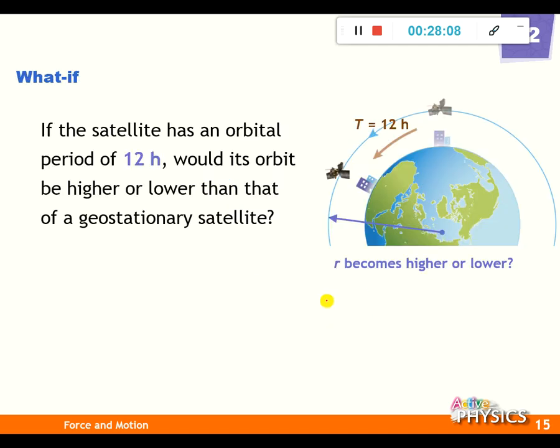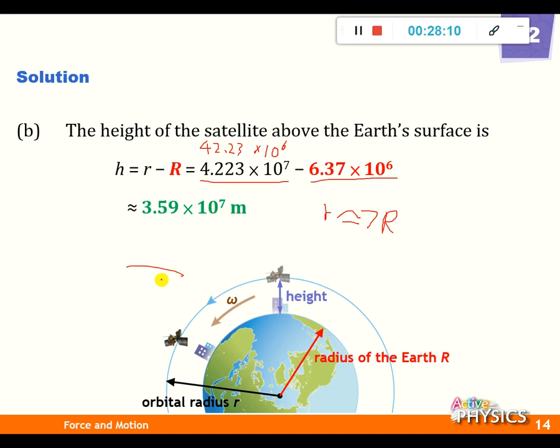Okay, so if like that, it means that this diagram should be wrong. The correct one should be like this. This one is R. Where is the satellite? It is around 7 times, 1, 2, 3, 4, 5, 6, and 7 here. The satellite should be here. Can you notice this?